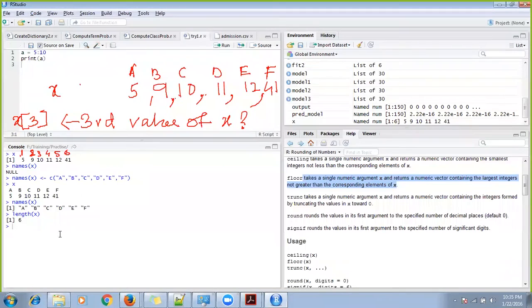X of 3 gives 10, right? That's the third value, and the name is C. So that's how you get it. And let's say you want to find the third, fourth, and fifth values. What am I saying?